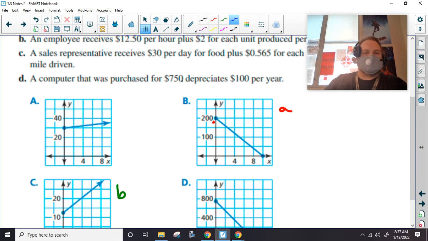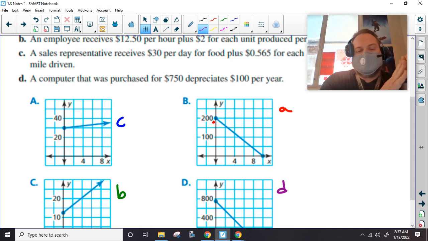A sales representative receives $30 per day for food, and this for each mile driven. We have A or D. Which one? A. And then, of course, D would go with this one. All right, now,